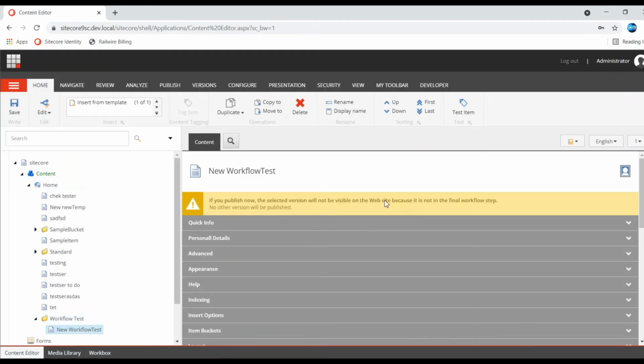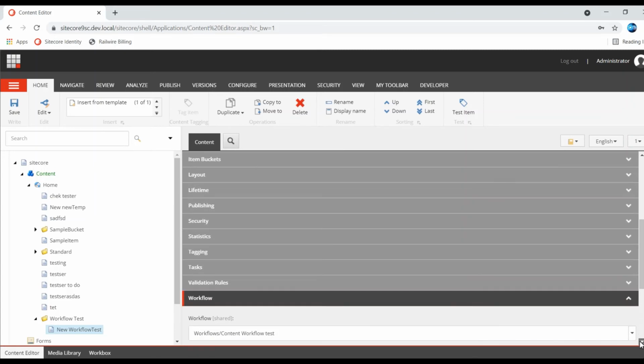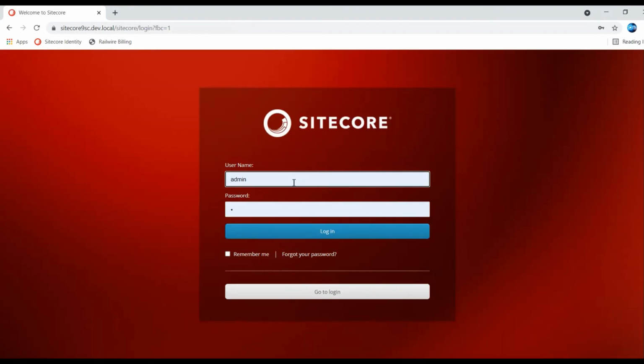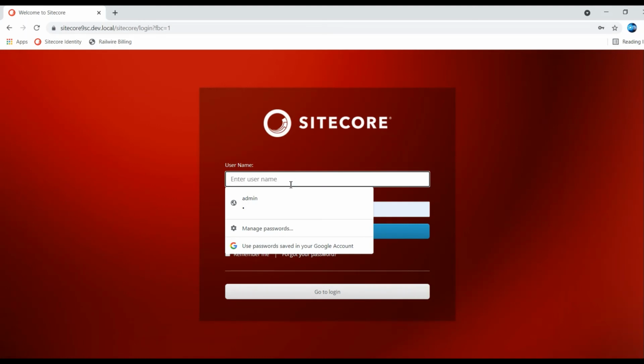Now if you see, by default it won't be publishable. If you go and see the workflow here, you can see the test is already set and it is in draft state. Now the workflow is in working state. Now I'm saving this and logging into my content editor. Let me log in with my content editor role.